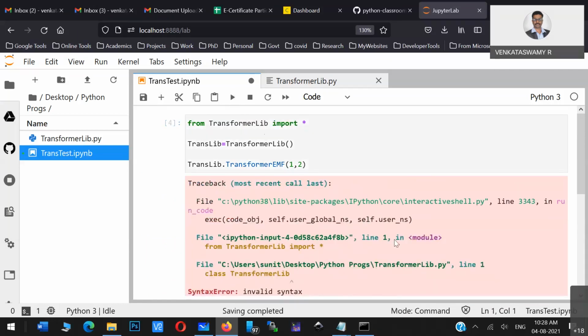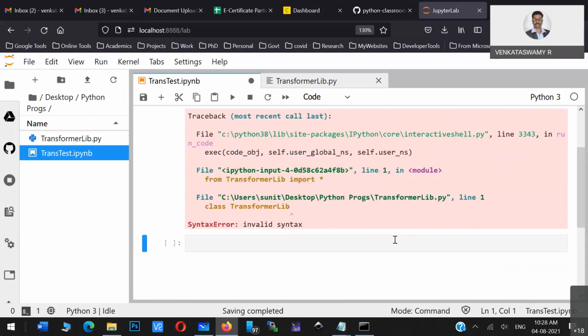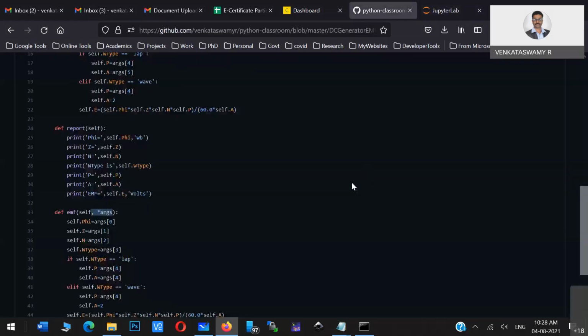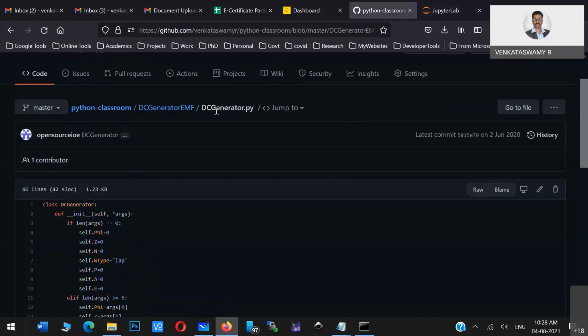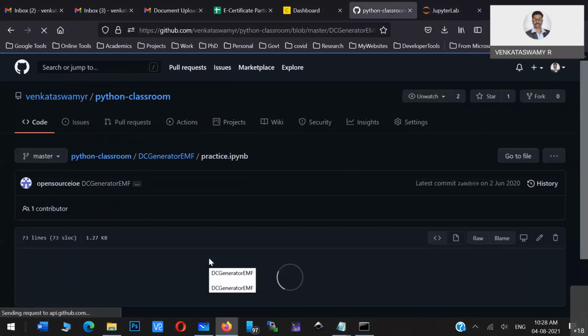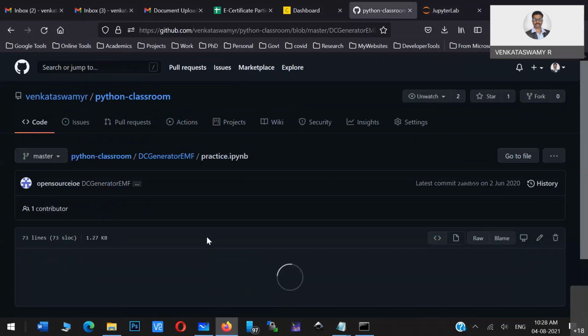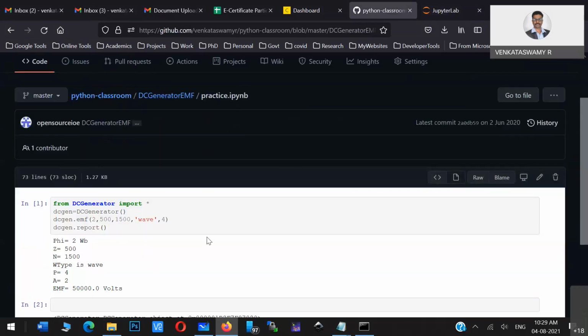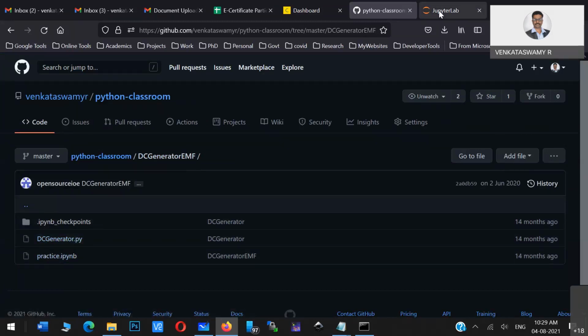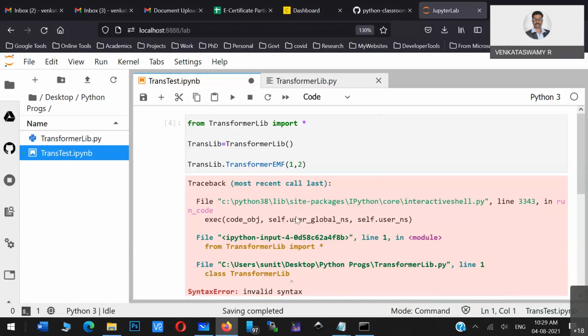Any issues you're finding? The syntax is correct, right? Is there anything I need to modify? Yeah, this is correct only.